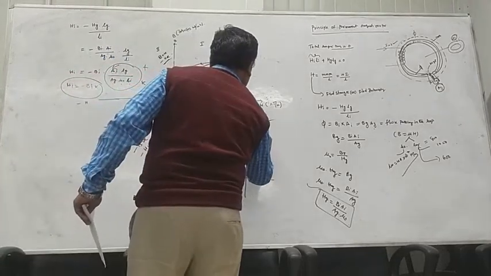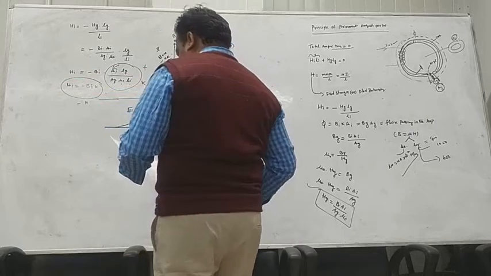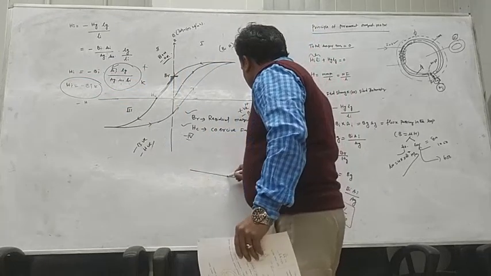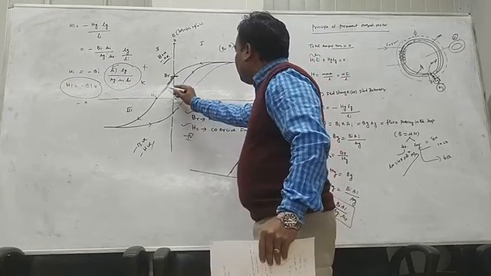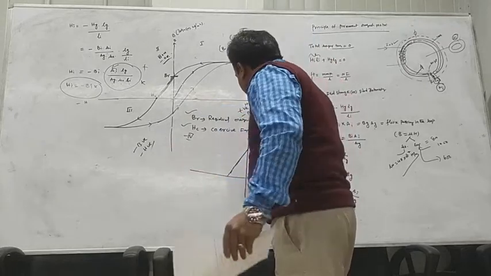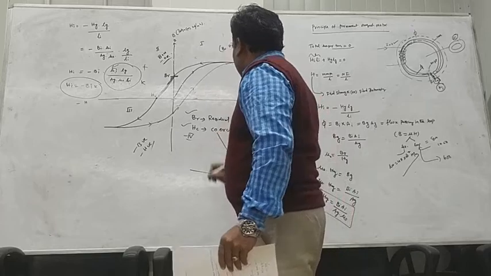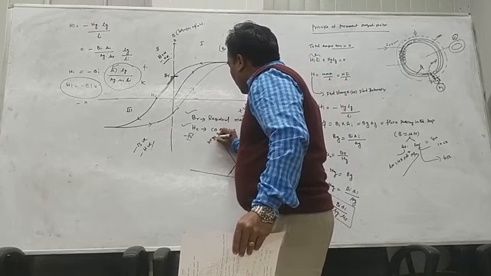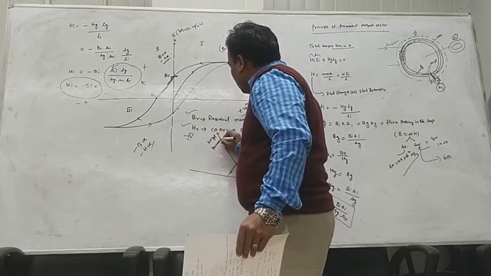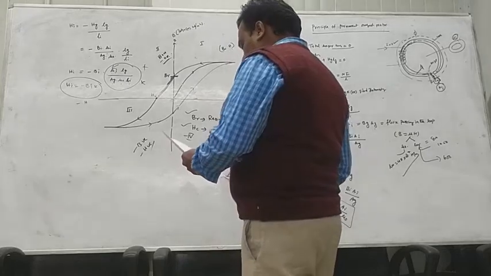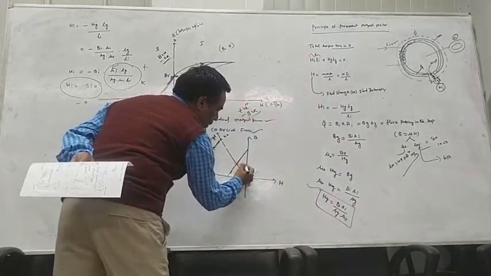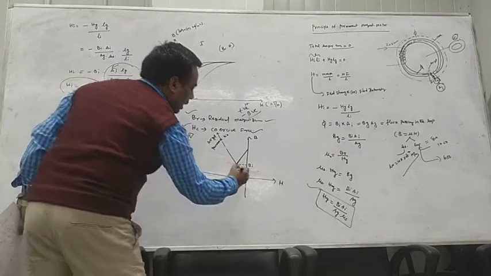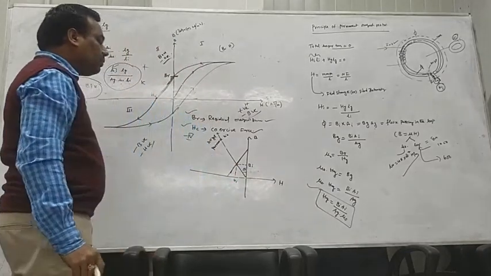So this is the flux density, and this is intensity H. What I would like to convey here is the second quadrant operation. This line is the air gap permeance line. If you represent this as the Bi value and this as the HI value, this angle is called theta.